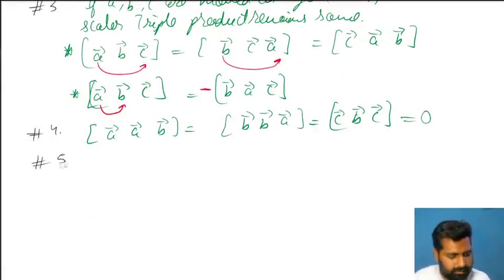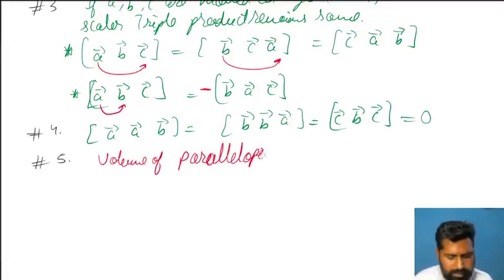Fifth, what does it actually give? In 3D it gives the volume of a parallelepiped. What is a parallelepiped? Think of a cuboid, except the edges are not all at 90 degrees. You slightly tilt them. That's a parallelepiped. The volume of that shape is given by